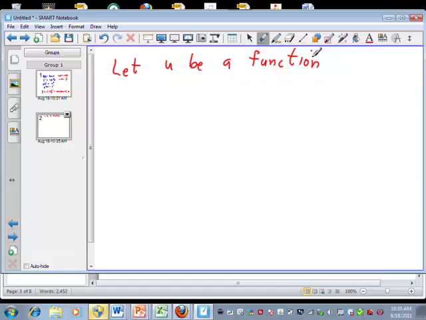Is there going to be a question 1 for every test? I think so. Yeah. I think you're going to define the integral. I think we're going to do that. But we'll see. Let u be a function of x,